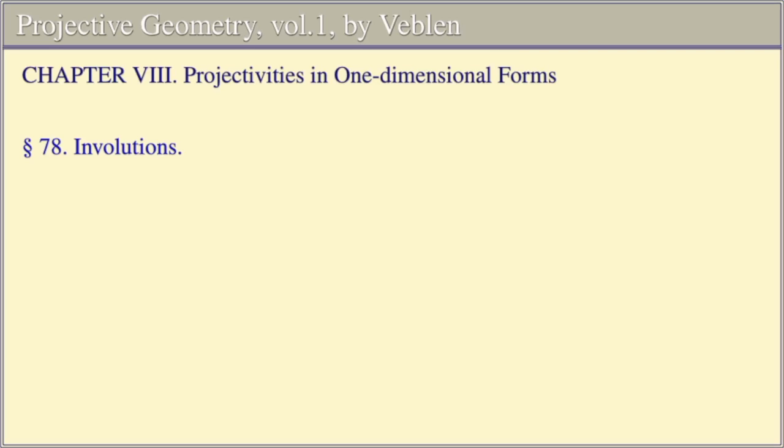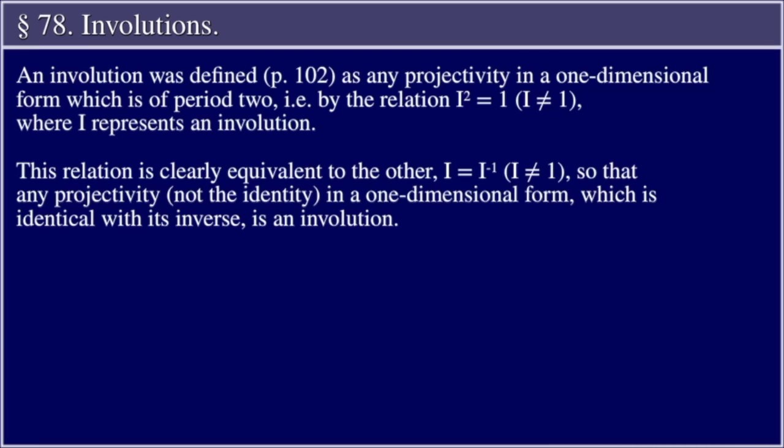Section 78, Involutions. An involution was defined, page 102, as any projectivity in a one-dimensional form which is of period 2, i.e., by the relation iota squared equals the identity, where iota is not equal to the identity, where iota represents an involution. This relation is clearly equivalent to the other, iota equals iota inverse, where iota is not equal to the identity, so that any projectivity, not the identity, in a one-dimensional form which is identical with its inverse is